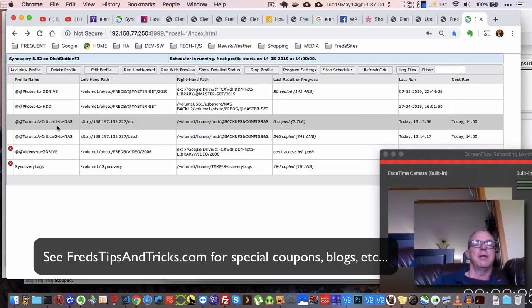Basically, I've got it so that when I run this particular profile, it will automatically, when it's done, run this profile. So basically by running one profile, and that can either be ran unattended or done with a preview, etc., or through scheduling, it will automatically run the next one. So that's just a quick